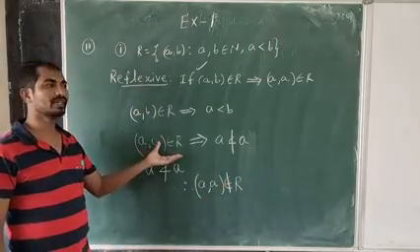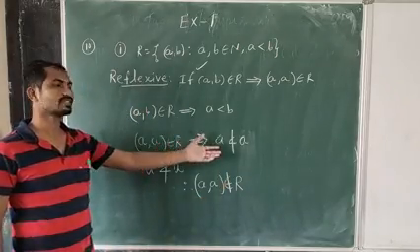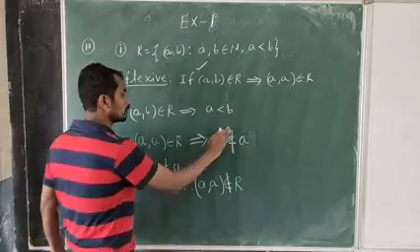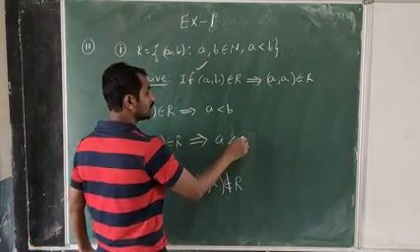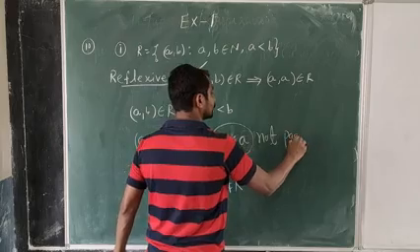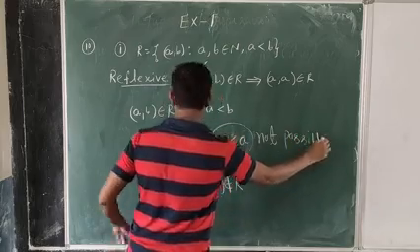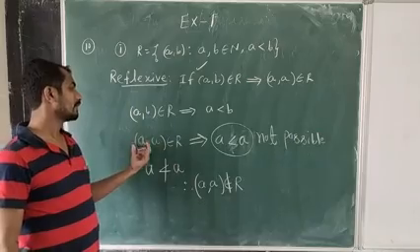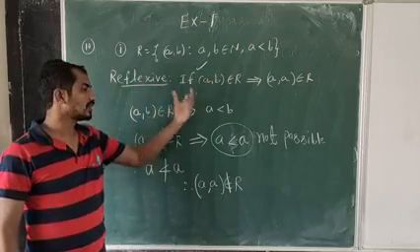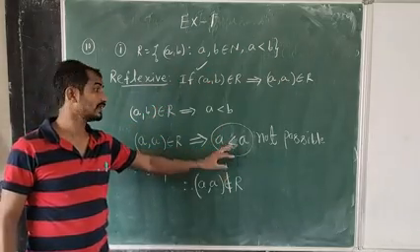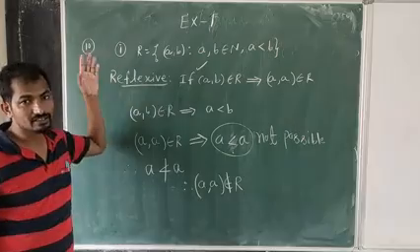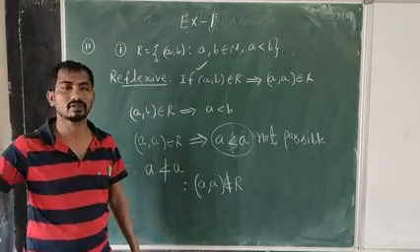We had supposed that if (a, a) belongs to R, then from there a is less than a, which is impossible, which is not possible. We got a less than a, so that means it is not possible. If I want to show that (a, a) belongs to R, after applying the relational condition it is not satisfied. That means it is not possible; in the sense, it is not a reflexive relation.